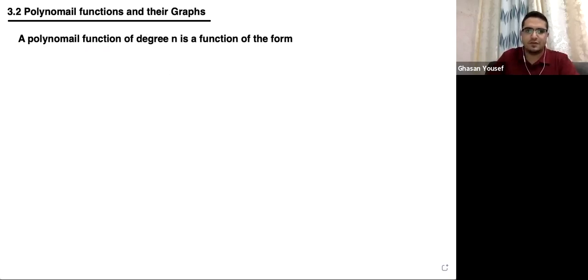So the polynomial function is a function of this form P of x, here P_n of x. This n means the degree of the polynomial function. So P_n of x equal